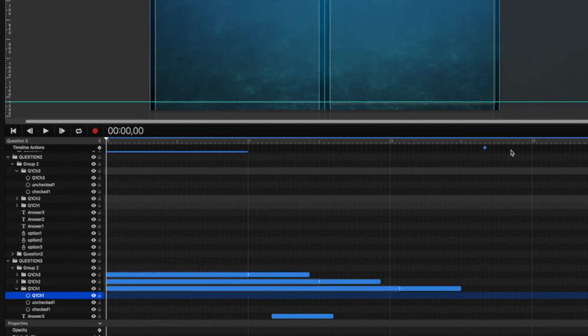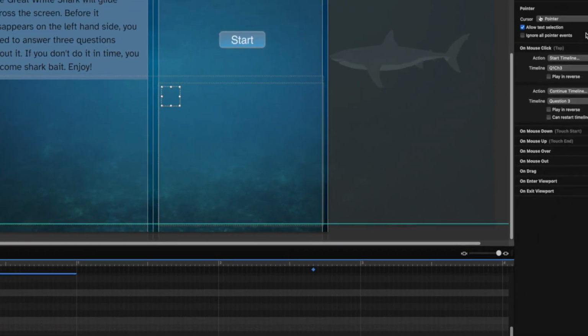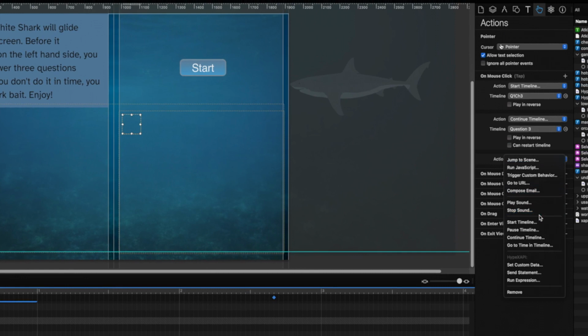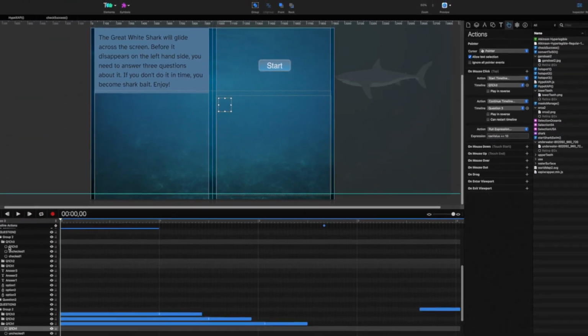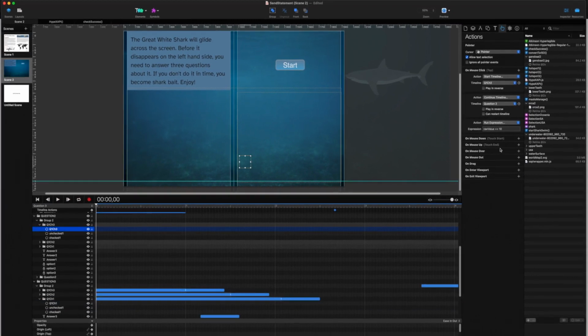Let me show you how we do this on the third question. We run an expression on the click action and we will add 10 marks to the raw value when a user clicks the correct option. Okay, let's just double check that my spelling is correct. Yep, it is correct. So now for every correct selection of the knowledge check, we adjust that raw value variable